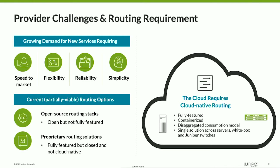In their quest, there are only a few options when it comes to cloud-native routing applications, whether it is feature-rich, capable of segment routing features in addition to IPv4 and v6, or an end-to-end solution that's not tightly coupled with the underlying hardware. The current solutions available today are either proprietary vendor-integrated solutions or open source software that comes with its own feature